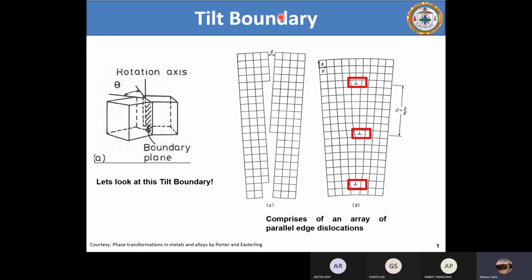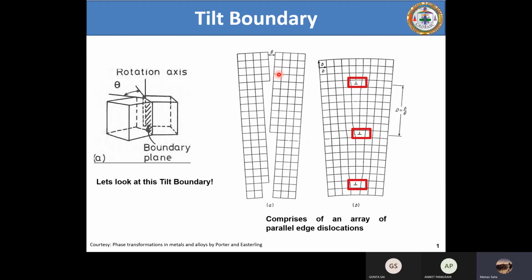Because if you have a vertical line separating the entire thing, you just have to imagine. In grain boundary, you have to imagine a lot of things. If you have a vertical line which is separating this theta, then extending this line and this line, this is theta by 2, and this is also theta by 2. So theta by 2 and theta by 2 give rise to theta. That is the reason why we call it a symmetric tilt boundary.